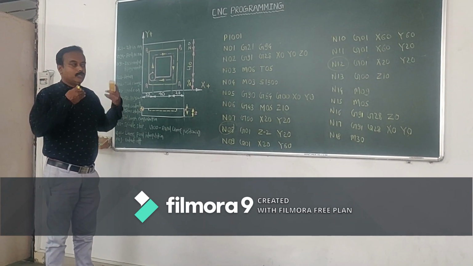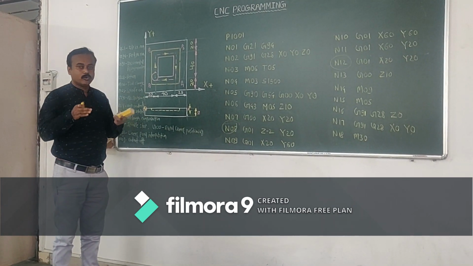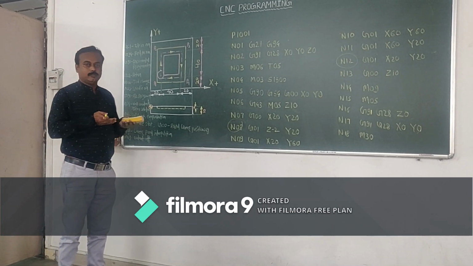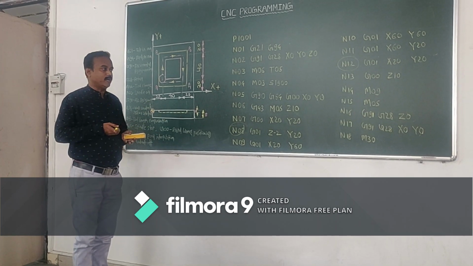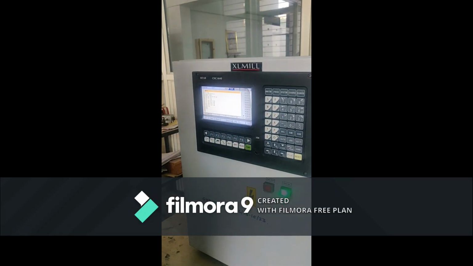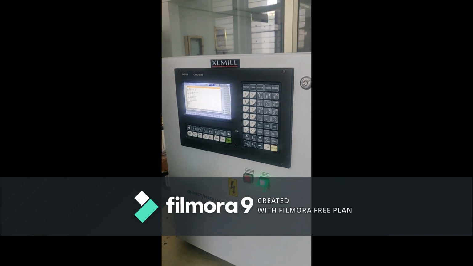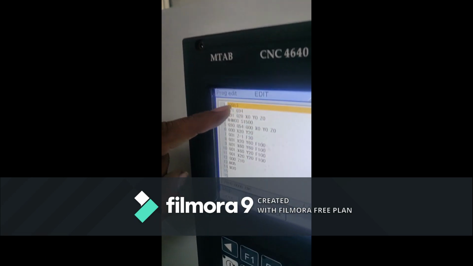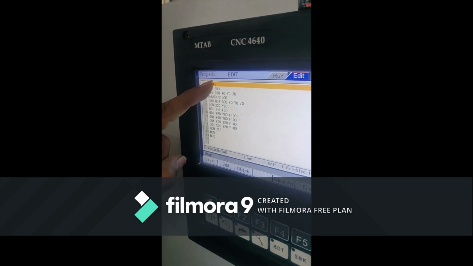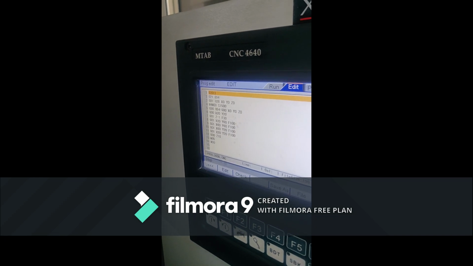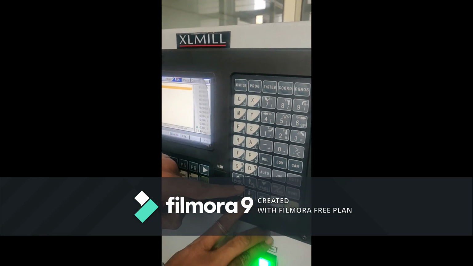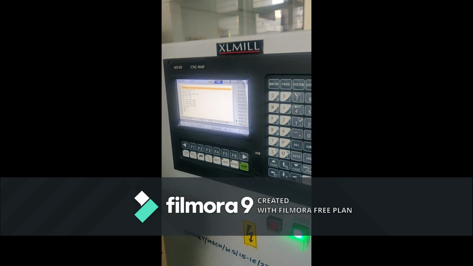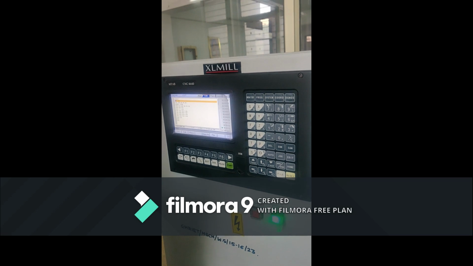Now for that program, how to run it actually on the CNC machine, you are going to watch in the next part. Next position is X20, Y20 program. Now in the programming, this is the notification X20, Y20. Now how to write down the program? Here Z is equal to plus 10, then downward. After that, stop; this is your second program step. I have given this as your programming to all of you.